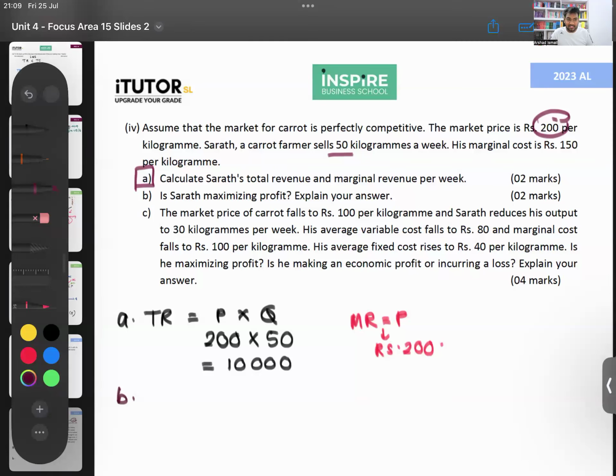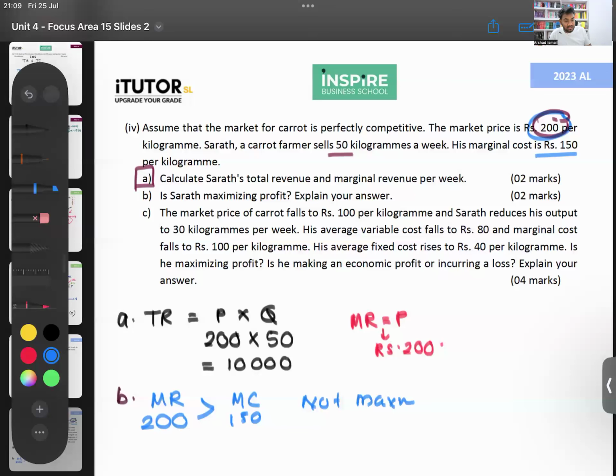Is he maximizing his profit? So you have to look at the profit maximizing condition, MR and MC. How much is his marginal revenue? The price is 200. How much is his marginal cost? His marginal cost is 150. So marginal revenue is more, so he is not